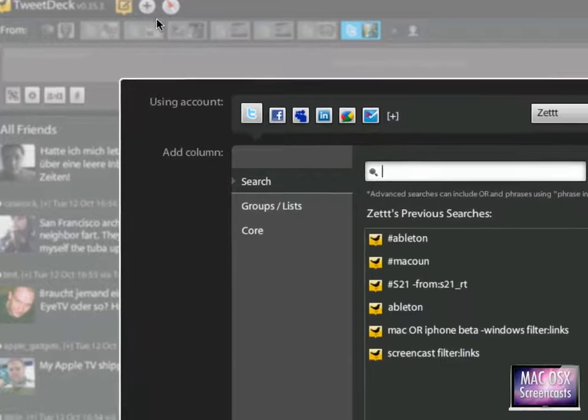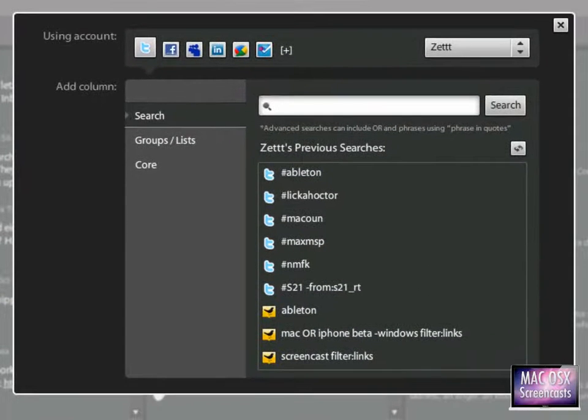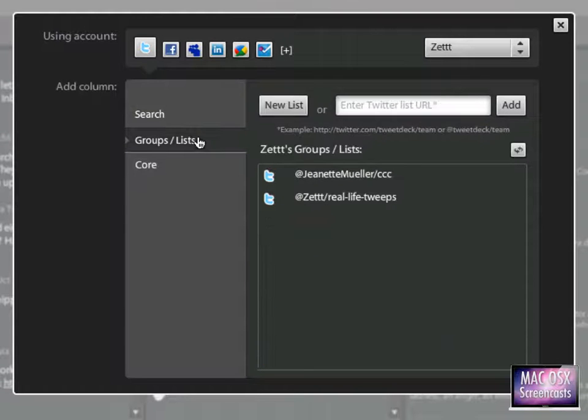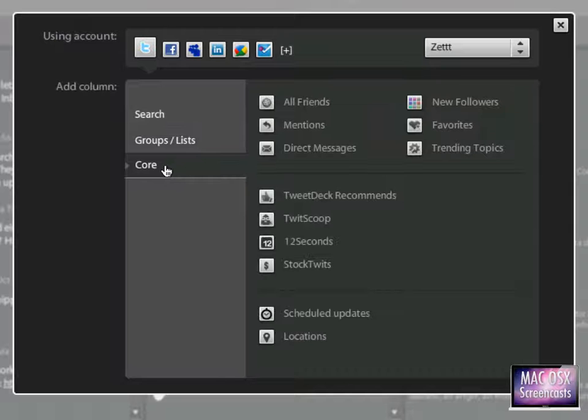Create new columns by pressing this button. A new window pops up and we are able to add TweetDeck searches as well as our Twitter searches. TweetDeck searches are saved on TweetDeck's server, but we can also add our own custom search by just entering something into this text box. In the groups list, all groups and lists are listed, and here you see on the core